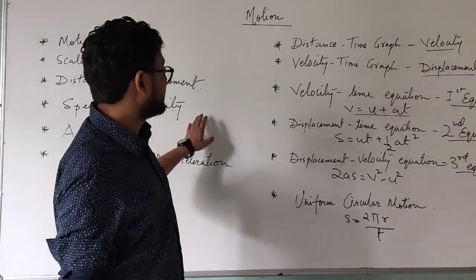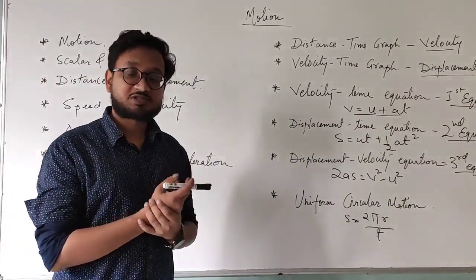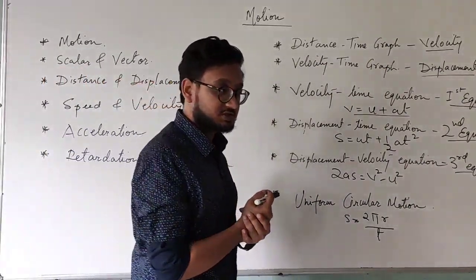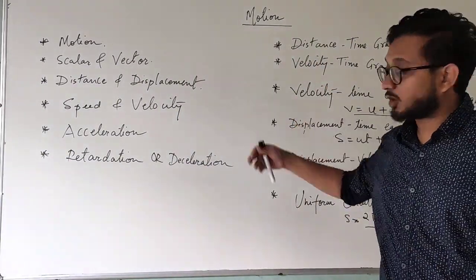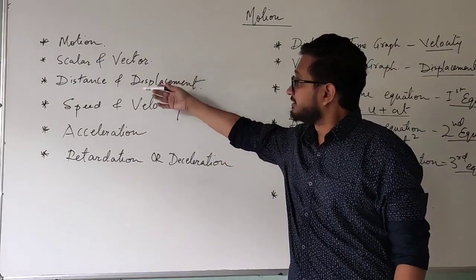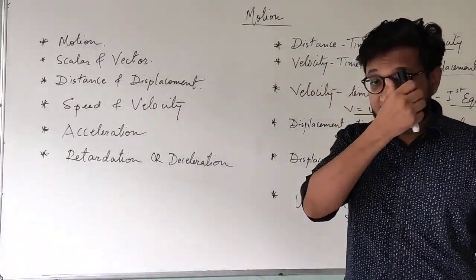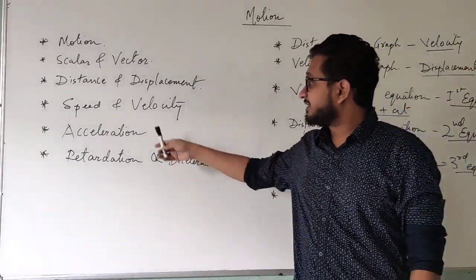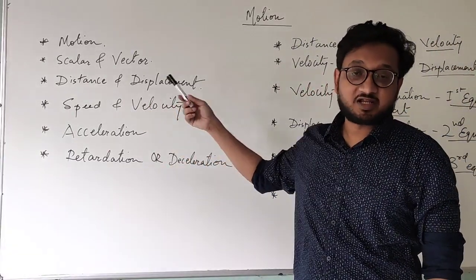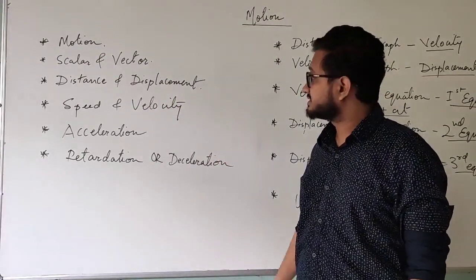We have covered all the important topics. Go through all the videos once again for the detailed purpose. This video was just to remind you of all the topics that we have covered, and I have not written the subtopics. For example, in distance and displacement, we talked about negative displacement, positive displacement, zero displacement. In speed and velocity, we had average speed and average velocity. All those topics have been covered in previous videos.